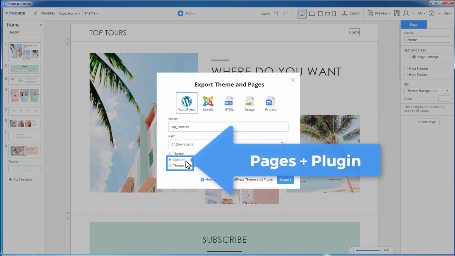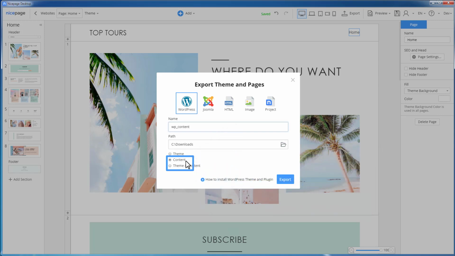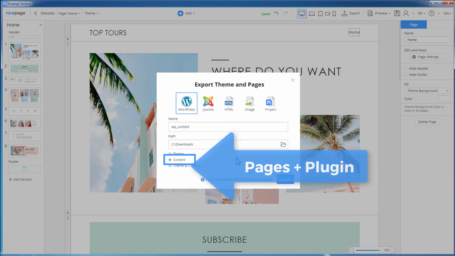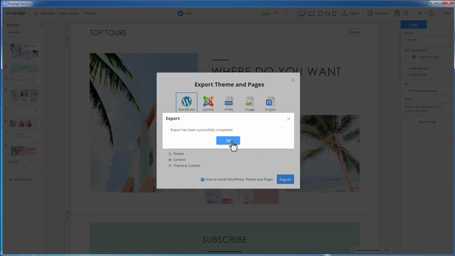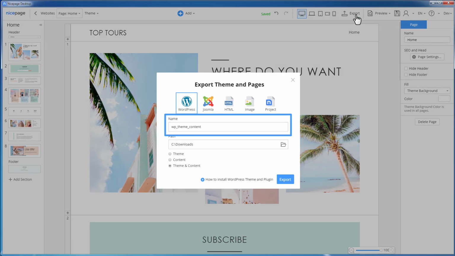the Nicepage plugin for WordPress. Note that this option does not include the theme, therefore it should only be used if the Nicepage theme was installed before. In the export dialog, enter the zip name and select the content option. Click the export button. Finally, the third option is used to export both the theme and the content in one